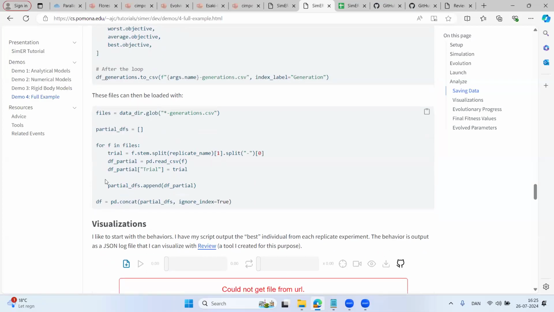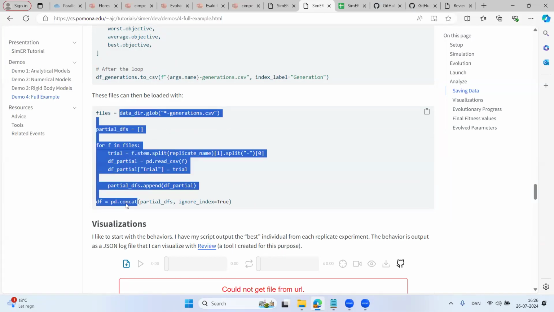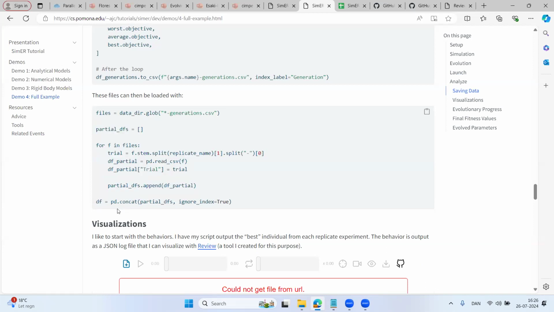And then after the fact, you'll have multiple sets of data, so one for each replicate trial. I like to aggregate those all into what's called a tidy format or a long format data frame. And this is my code for doing that. I rewrite this code so infrequently that I always forget to do it. And that's why it made the website. It's a nice little snippet that I can copy and paste in there and grab each time.